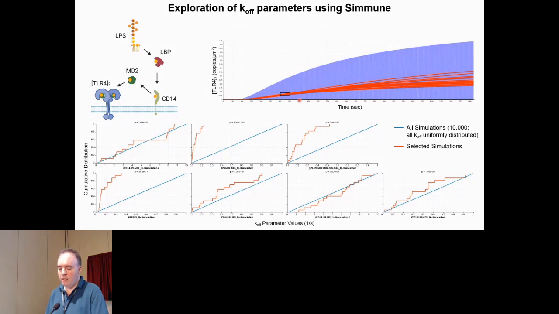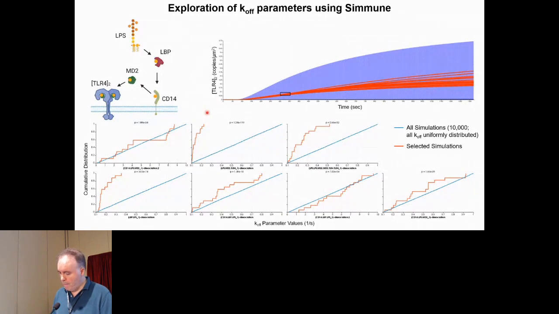For this parameter, the red and blue curve are basically on top. So this constraint in the experimental data did not constrain this K-off. But on the other hand, this red curve is constrained to the first 10% of the range that I explored. So in this way, we can use Simune to manually constrain the experimental outcomes, and then that will give us potentially constraints on the parameters, on the interaction rates, K on, K off, K cat, and also you can do the same thing for the abundance values,